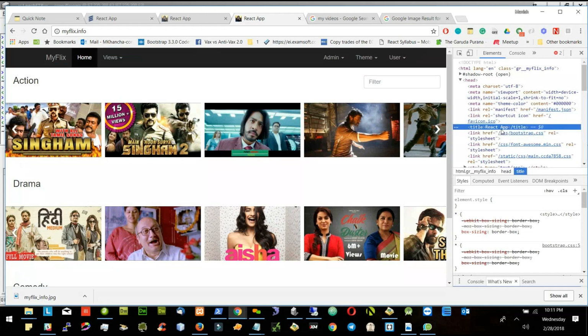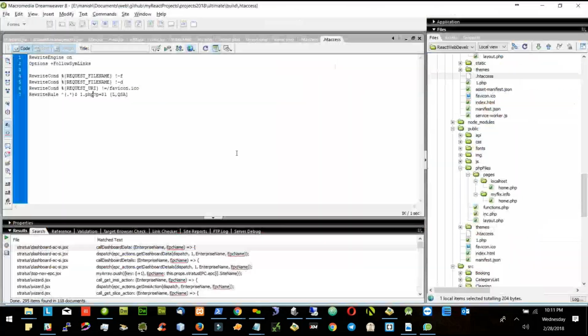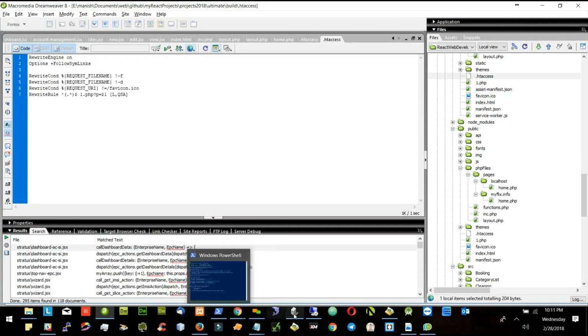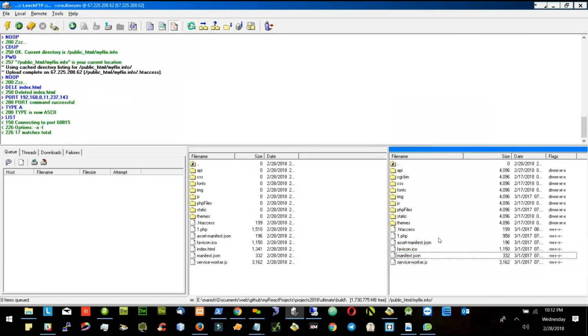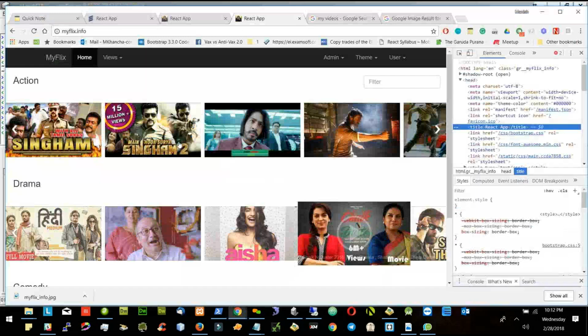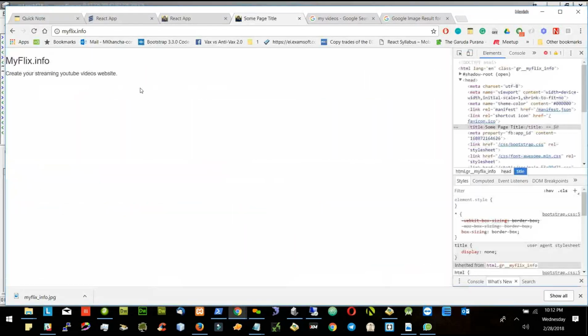So it's still going to index.html, because index.html is a React app and we should be pointing to 1.php. The thing is that it is going to index.html, though I put in the htaccess to go to 1.php, because index.html exists on the server. If I delete it, then index.html is not there, so everything will go to 1.php. Now if I refresh, okay, so now it's going to 1.php,